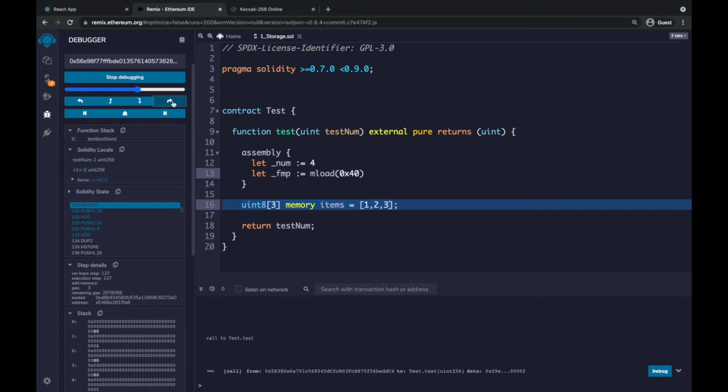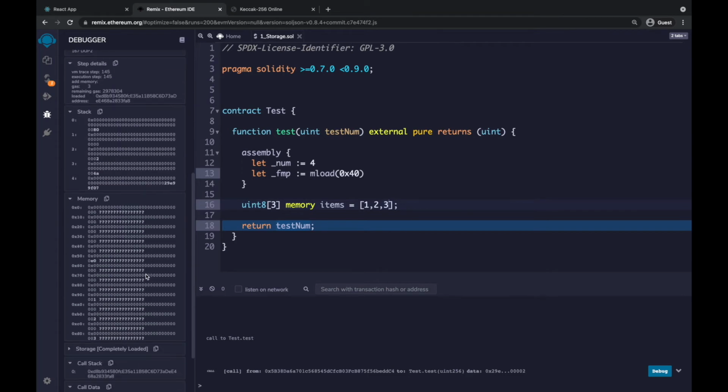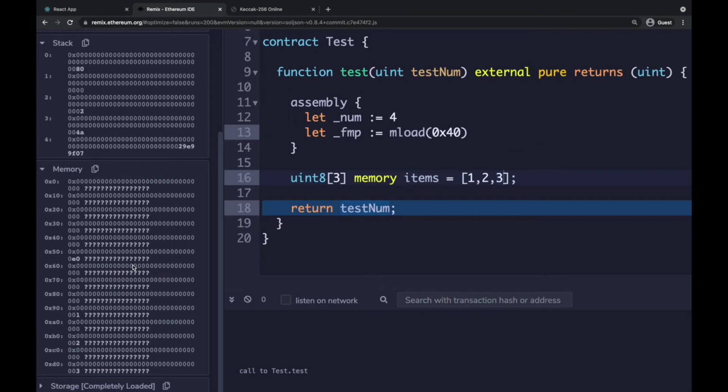Okay, let me click here a few more times. This is just allocating the space, doing some operations. Maybe easier would be to simply click on line 18 and step into the next breakpoint. Let's jump over the next breakpoint like this, and we are here. And now when you take a look at the memory, you can see how many things were created for